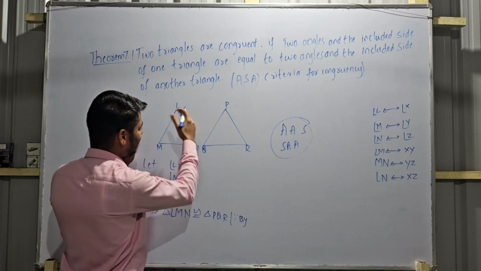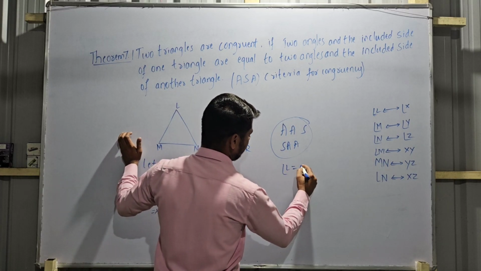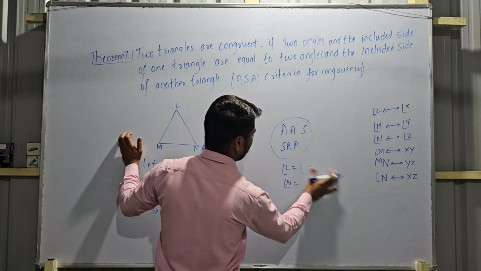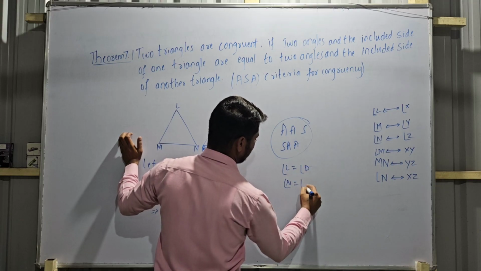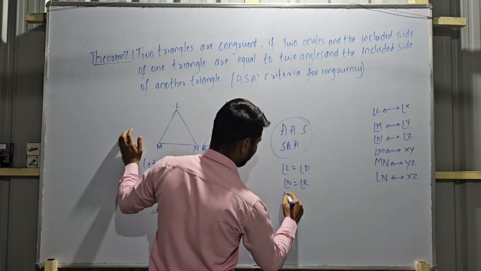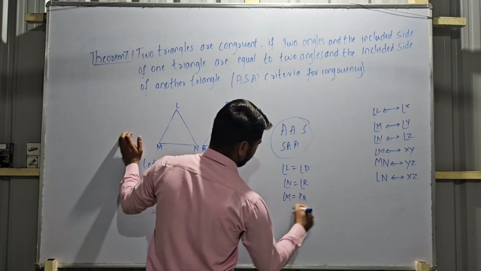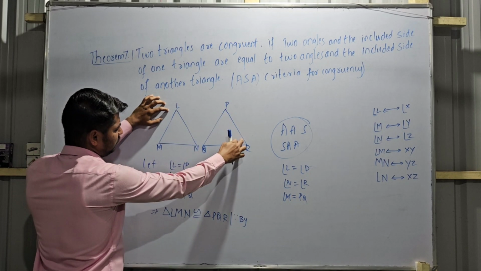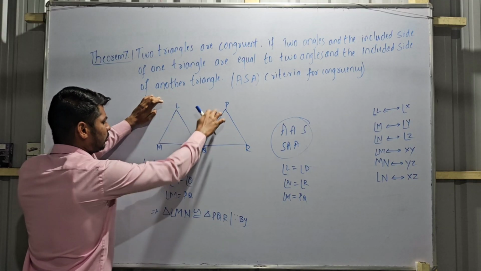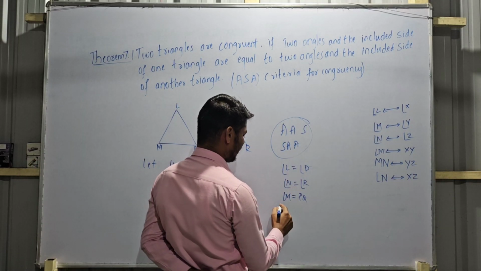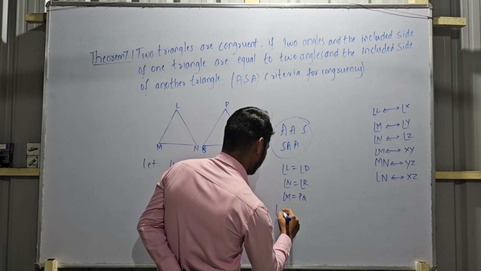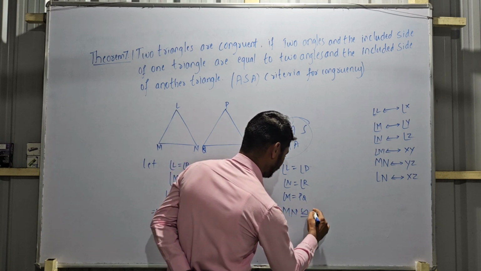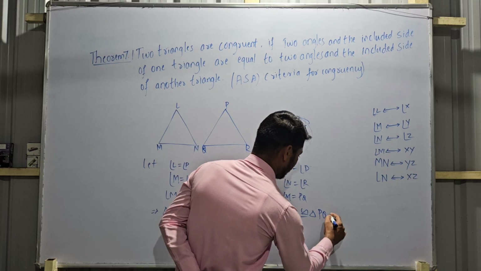Suppose here I take angle L equal to angle P and angle N equal to angle R, and again LM equal to PQ. Clear? These two angles are equal to these two and LM equal to PQ. Again here we can say that two triangles are congruent, that is triangle LMN is congruent to triangle PQR by